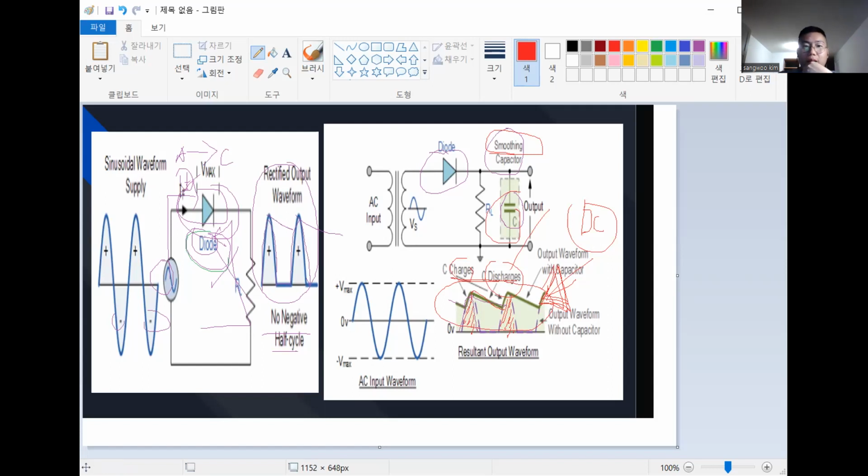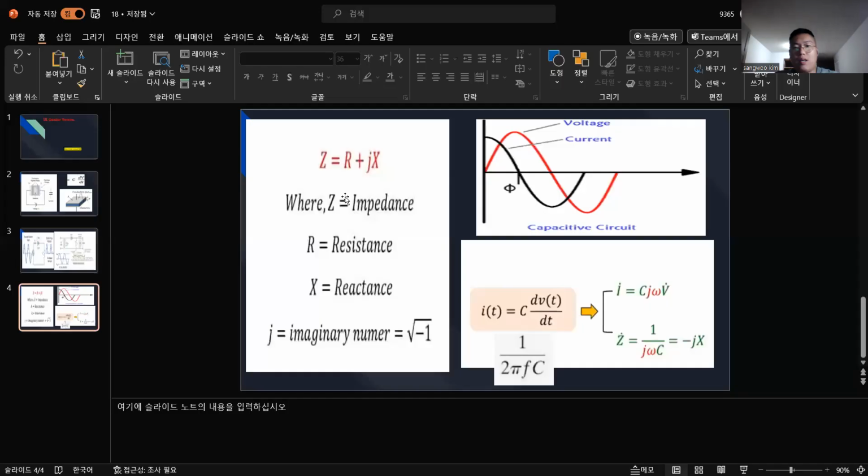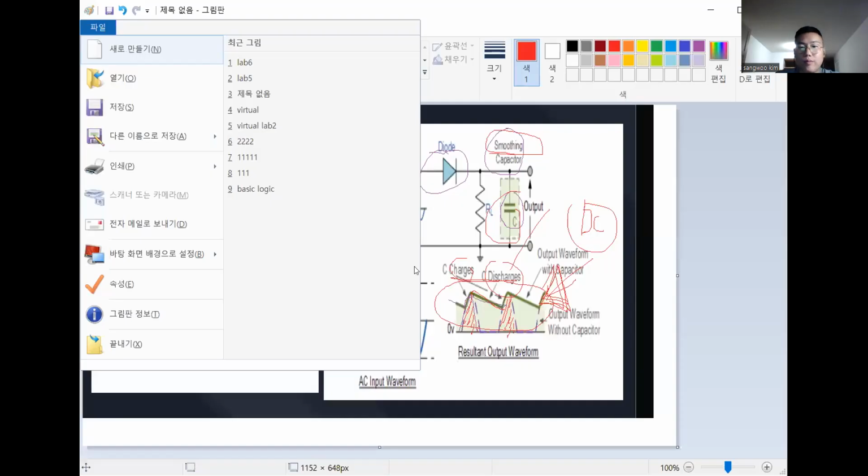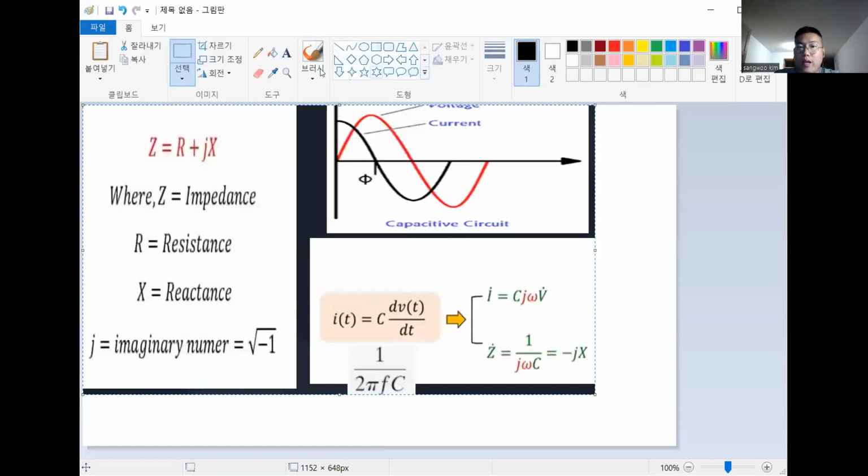Yeah. And let's see, where is it? Yeah, and this part I will also explain. Sorry, guys. Yeah, here, look at that. First of all, the impedance is R plus reactance, right? But here, as you guys can see,